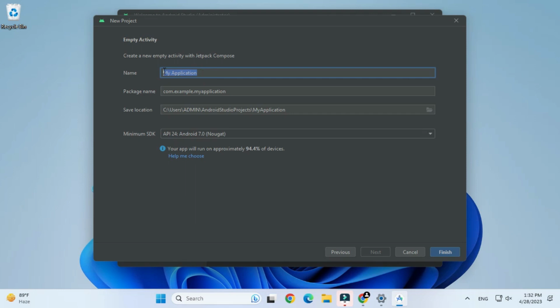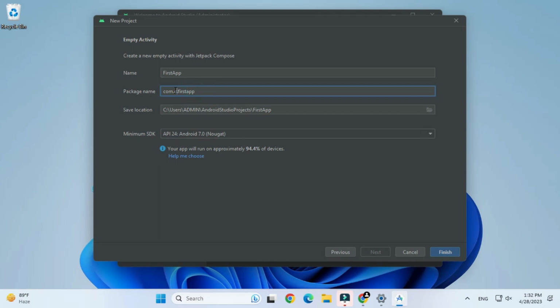So the first information is your project name. Whatever project name you want to give, you can provide. So here I'm giving my project name as first app, and guys, next to it is package name. So by default com.example.yourprojectname comes. So this example you can replace by your company name. So I'm just writing CS Corner. So com.cscorner.firstapp. And guys, this is the location where my project will be saved. So it will go in user admin Android Studio project first app.